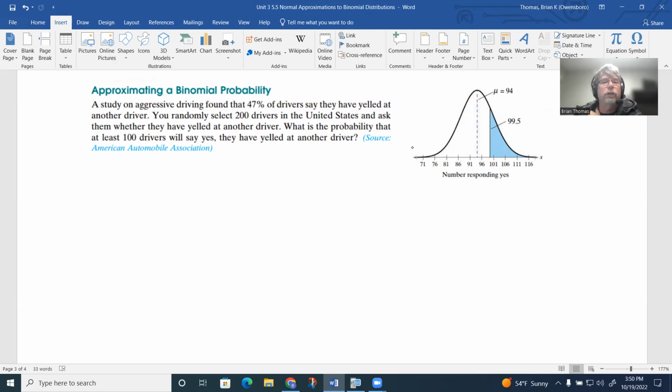So again, to see if we can actually use the normal approximation, we got to check n times p and see if it's greater than or equal to 5. So we're selecting 200 people, and the probability is going to be like 0.47. So if we do that math,